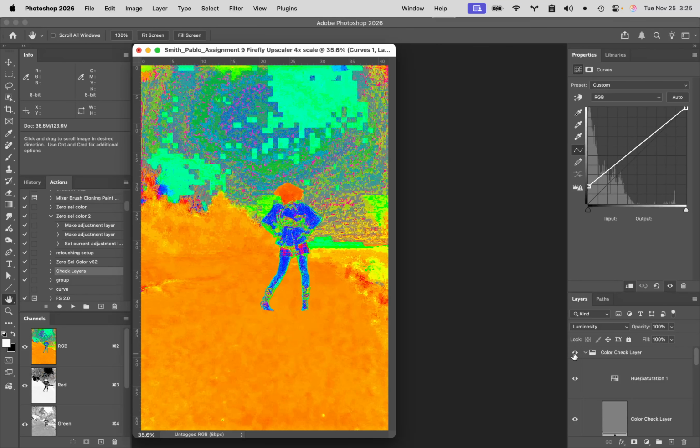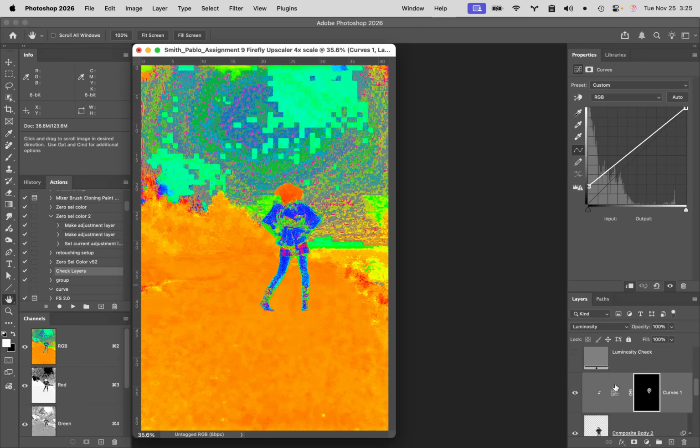And so this is actually my color check layer now. What it's doing in here is looking at this image and exaggerating all the colors so that we can see the color differences. You can see the beach itself is relatively warm. The girl's face is pretty warm as well, but her clothes are way too blue in here to match this scene. So to fix that, I'm going to go back down to the curve that I put on here